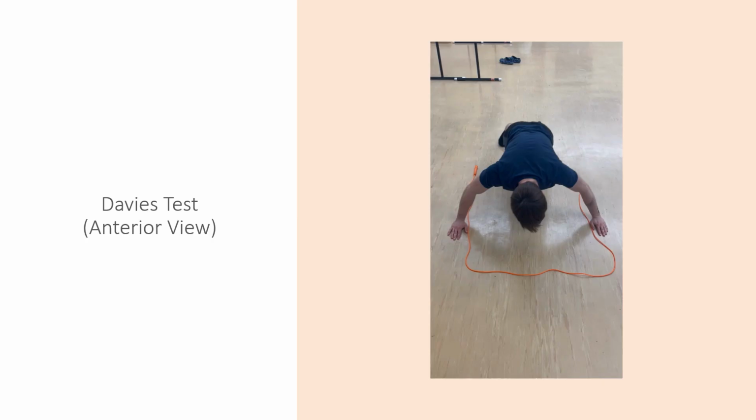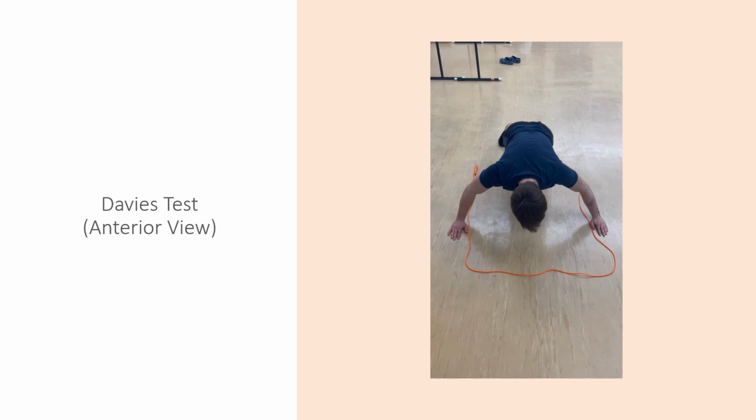I began the Davies test with the client from the anterior view, though it is noted in the NASM corrective exercise book that the Davies test should be observed from the lateral view. However, it also makes note that you could take an anterior view and still accurately count the repetitions, so I decided to start with the anterior view and also add a posterior view. Though it is not recommended,